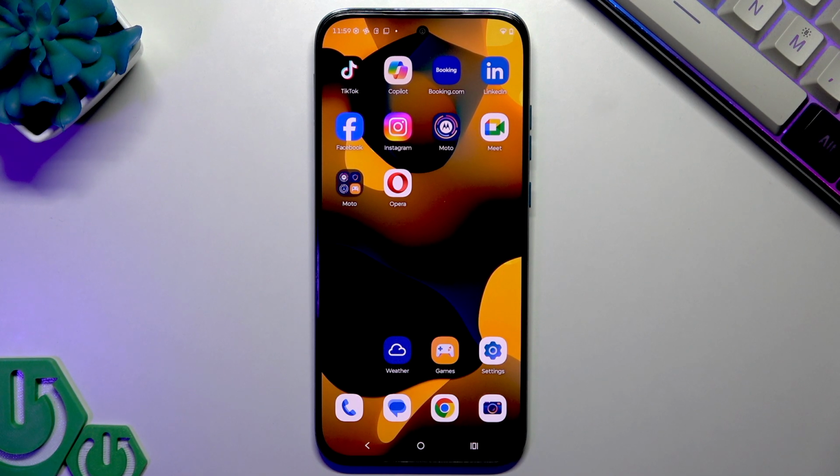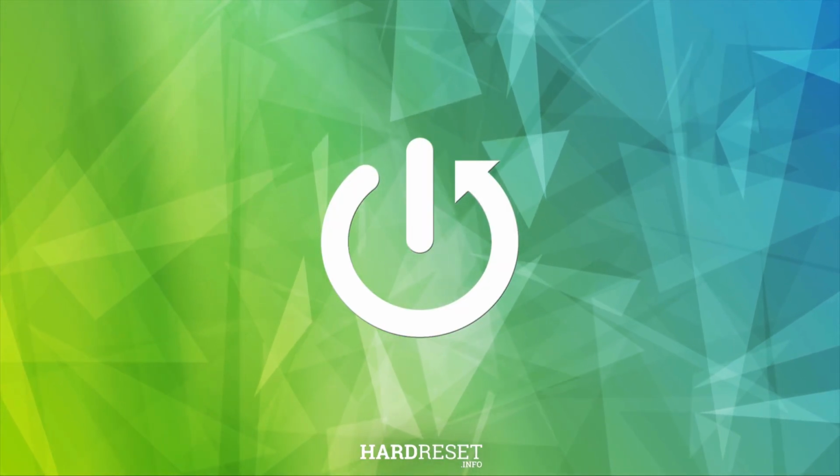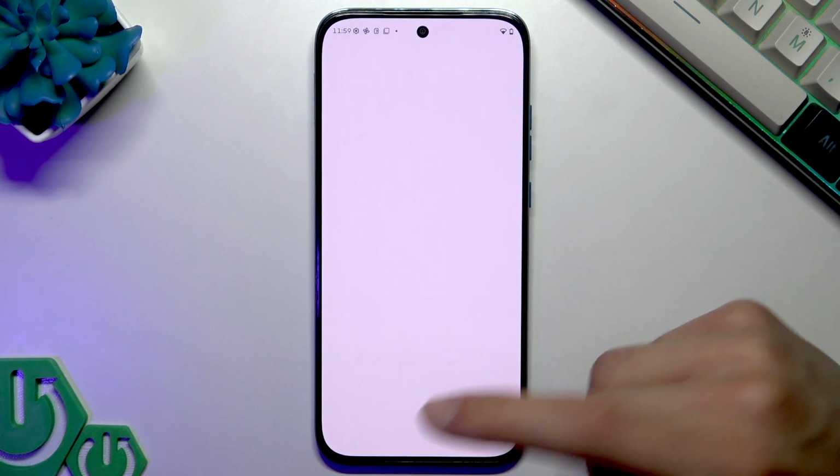Welcome. In this video, I will show you how to fix application crashes on Motorola Moto G87. So, if some application is crashing on your device instead of launching,